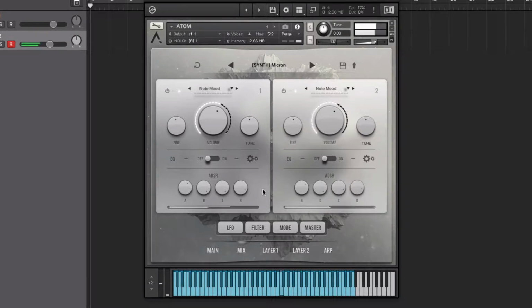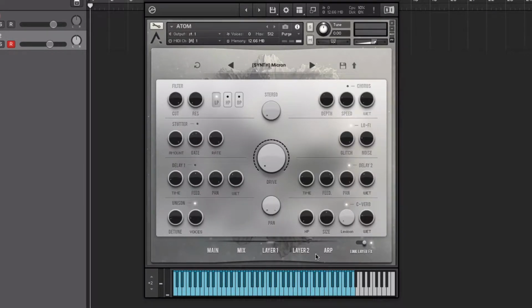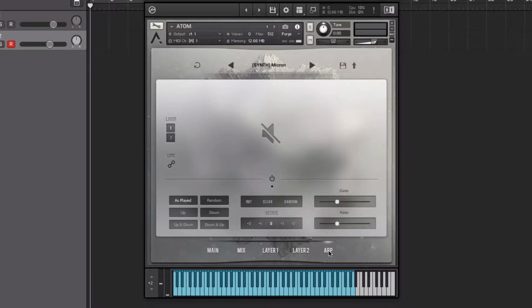So I've loaded this synth sound in here. So let's go into our arpeggiator section. And at the moment we don't have an arpeggiator active. The arpeggiator works in the same way as the effects. You can have different arpeggiators on each layer, or you can link the two together. So turn on the arpeggiator